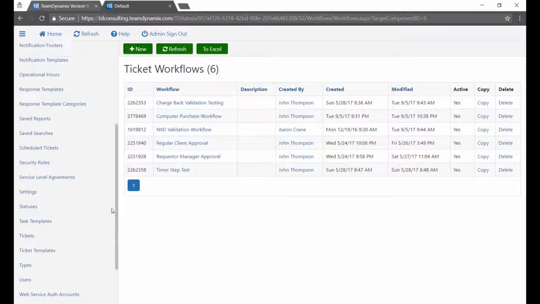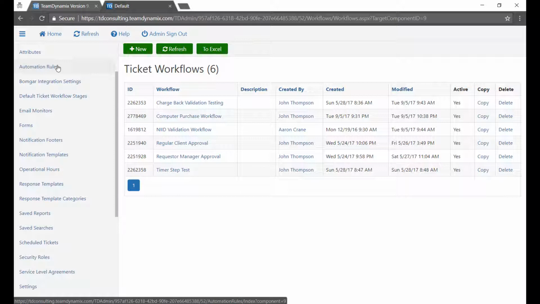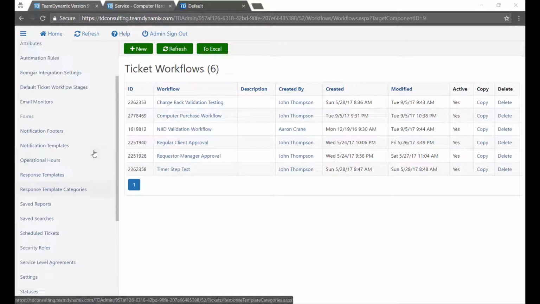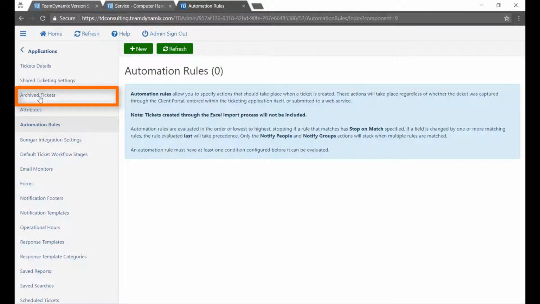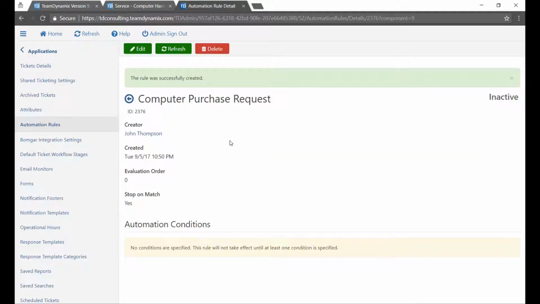And I actually think I'll do that. I'll go to my automation rules next, and then I'll connect my workflow to a particular automation rule so that we can put it in play. Now that I've got my workflow built out, I actually am going to use an automation rule to trigger my workflow. So I'm going to come up to automation rules, create a new automation rule, and call it computer purchase request. My only automation rule that I have, so I'll leave the evaluation order and stop on match just to their default. I'll save that,